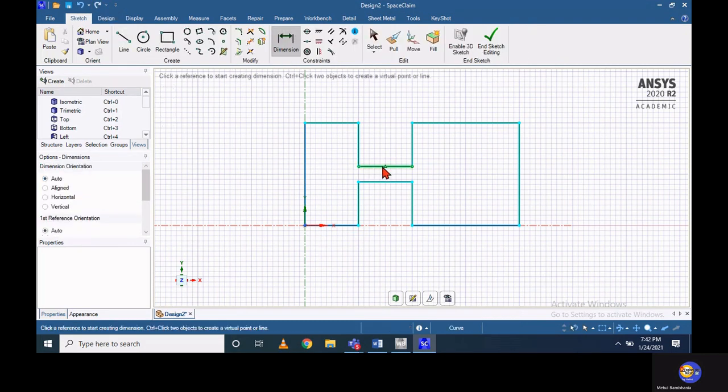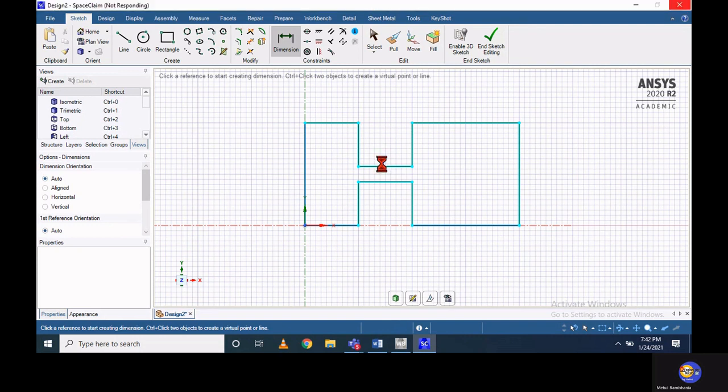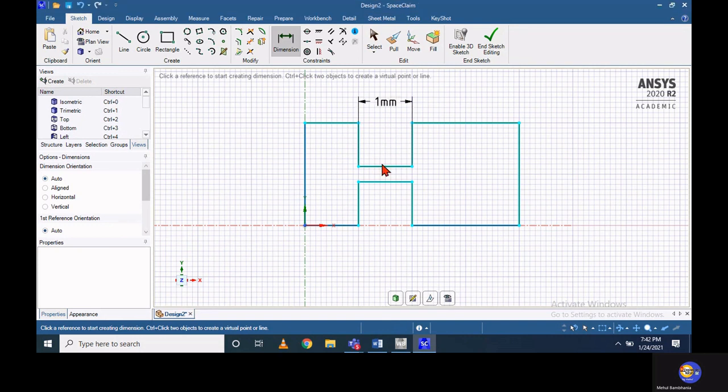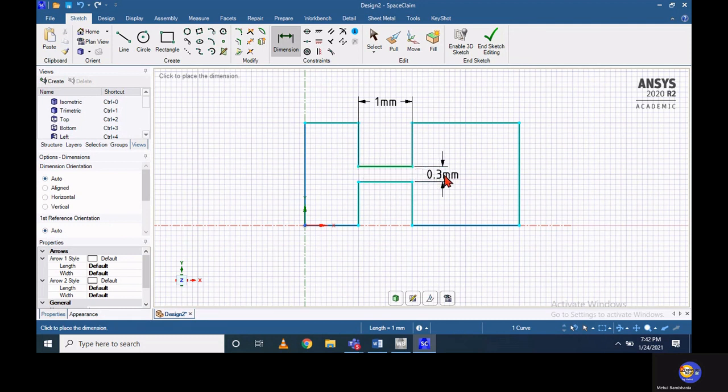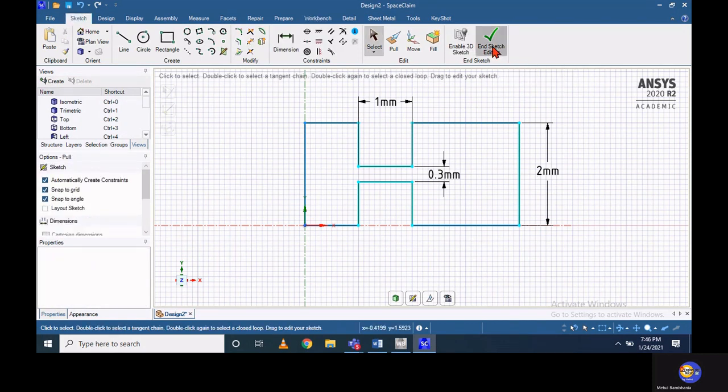The nozzle, as I already mentioned, is 1 mm in length and 0.3 mm in diameter. So you can select these two different edges to represent the diameter of the nozzle. The diameter of the pipe is 2 mm. Once it is finished, you can end the sketch, and it will appear like this.